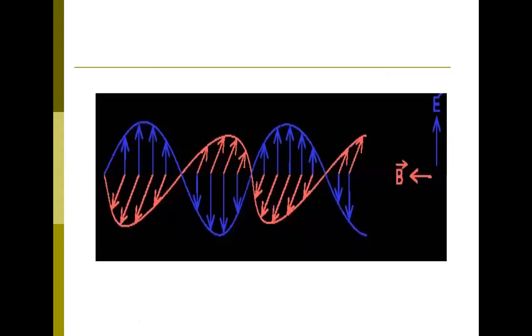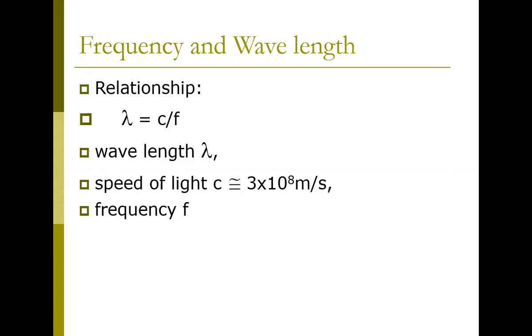See, here you can clearly understand this: the electric field is in blue color, and in another color there is a magnetic field. So waves are traveling in this way. Basically, we have shown the three-dimensional figure. This is the way it propagates. To understand this, we need to know its various parameters.